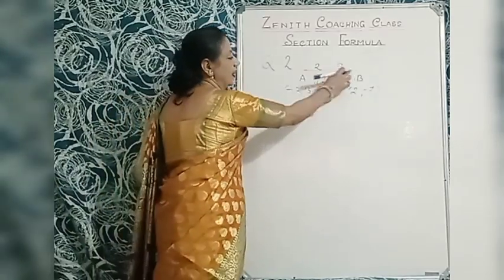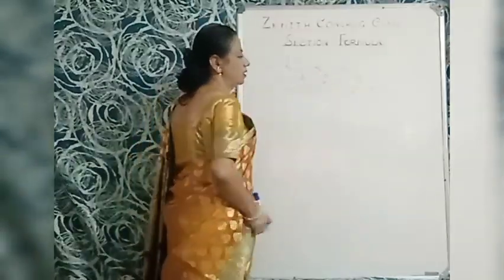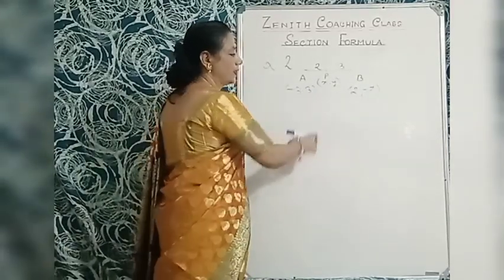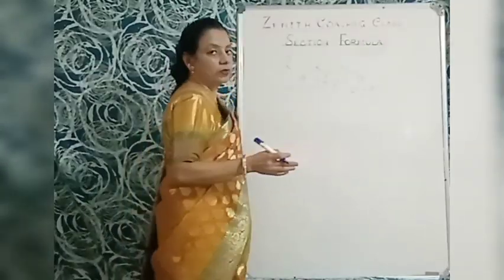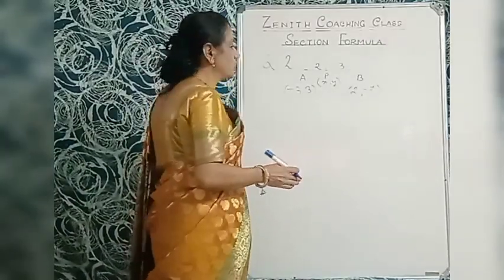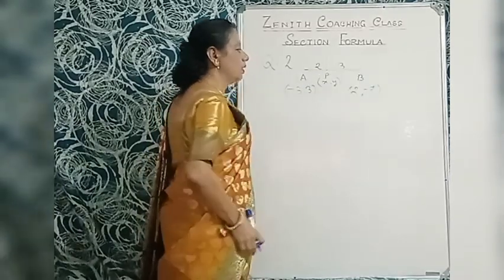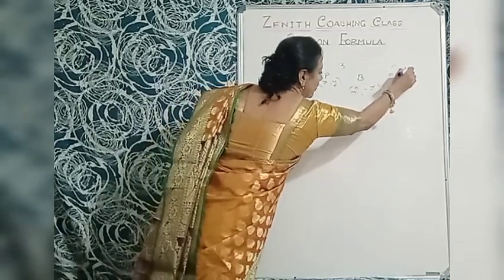Here is a straight line AB and P is a point here. We have to find out the coordinate of P, that is x, y. So what to do? Here M1 is to M2 is not 1 is to 1. Here AP equals 2 parts and PB equals 3 parts. That is, the ratio here is 2 is to 3.